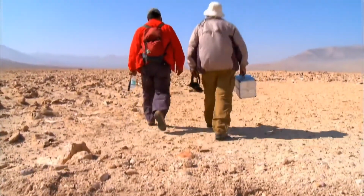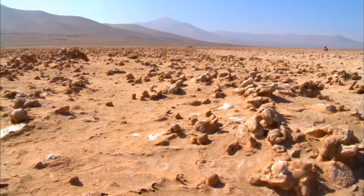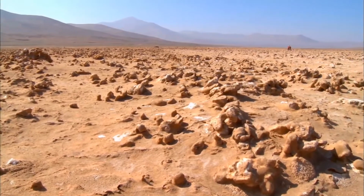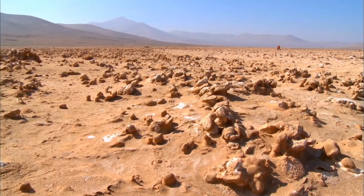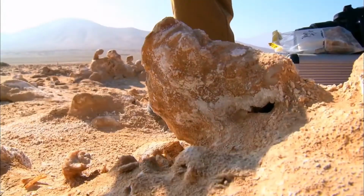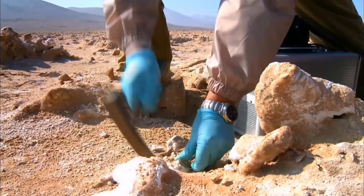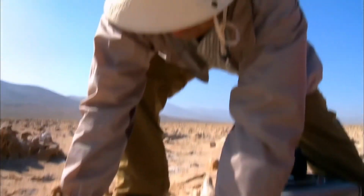We can take a small step into Mars. We can test ourselves. If we can't find life in the dry core of the Atacama Desert, we're not ready to go to Mars. Perhaps we are ready. Because even here, in the driest corner of the driest desert on Earth, life has confounded